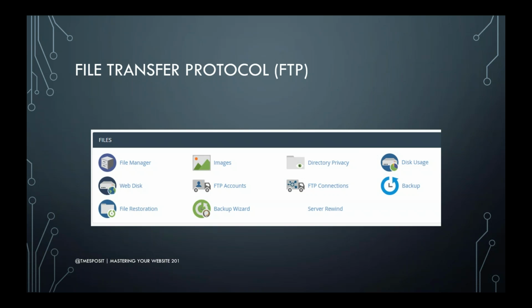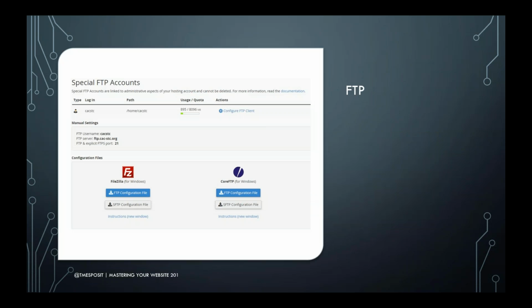There are FTP settings in cPanel, and when you go in, it'll say, here's some information. Here's the server, and here's a configuration file. So I personally like to use FileZilla because it sounds cool and it's easy to use. And you say, how do I connect to my FTP account using this? They conveniently have this blue and this gray button here, and SFTP is the secure version of it. It uses SSL to connect as opposed to just regular FTP. So I recommend the SFTP when possible. It gives you a little file. You go into FileZilla and you open that file and it'll show you how to connect to your information.